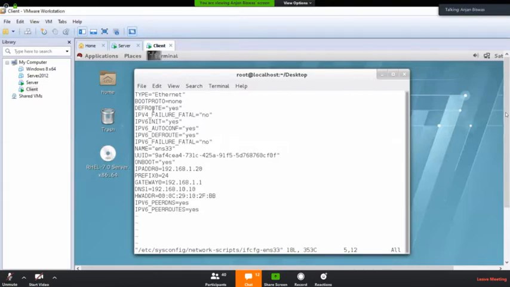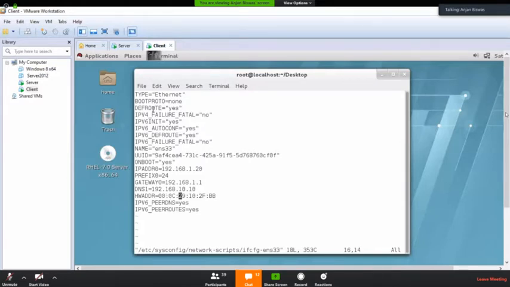The name is there. ONBOOT equal to yes means the LAN card will be up at the time of booting this system. The IP address prefix, that is the CIDR value, is 24. The hardware address is the MAC address of this LAN card.